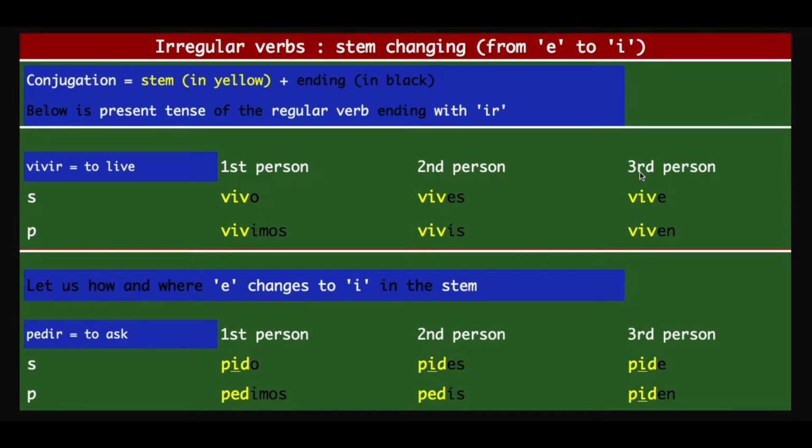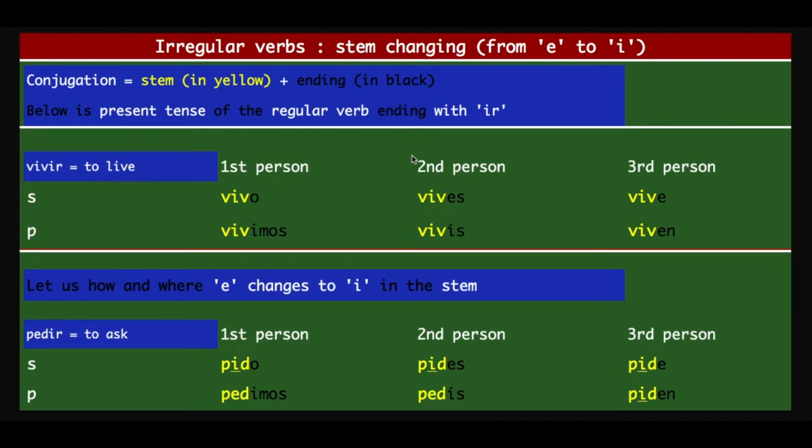Today, we're going to take a look at irregular verbs with a specific stem change of E to I. Now, folks, we've already seen what an irregular verb is. Well, it's a verb which gets modified or conjugated without any standard approach. So it has some exceptions or deviations from the way a regular verb gets conjugated, right? So let us take a look.